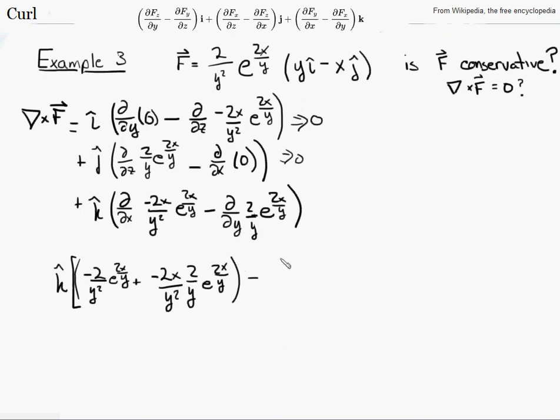this derivative here. So what do we have? Partial with respect to y of this function. So y goes down a power, and we put the coefficient out front. Negative 2 over y squared. That was the derivative of this first part. Then I have this stuff, e to the 2x over y. Then I use the product rule, and I have to do the derivative of this stuff and leave this alone. Let's see. Negative, or well, 2 over y. Derivative of this stuff using the chain rule is, since this goes down a power, it's negative 2x over y